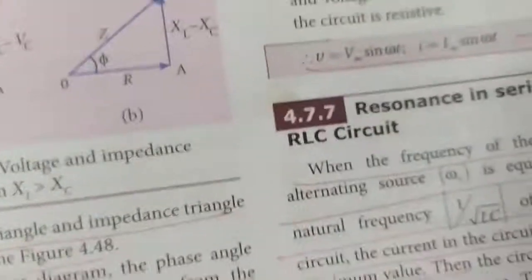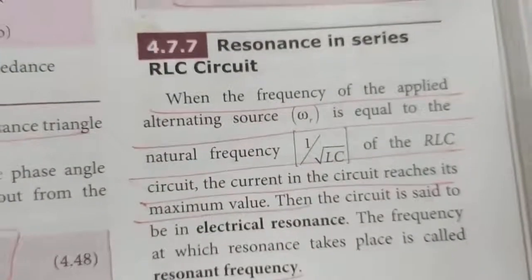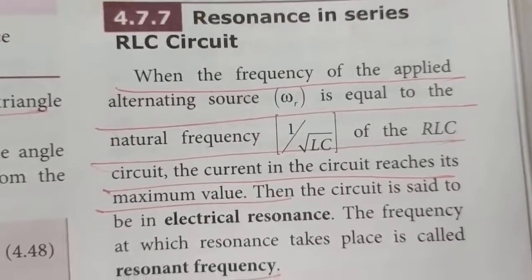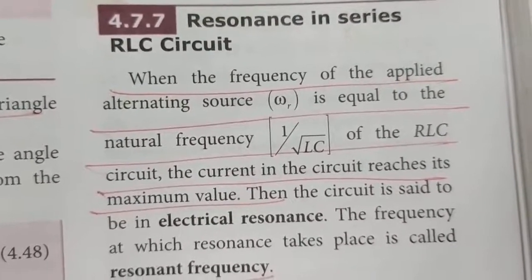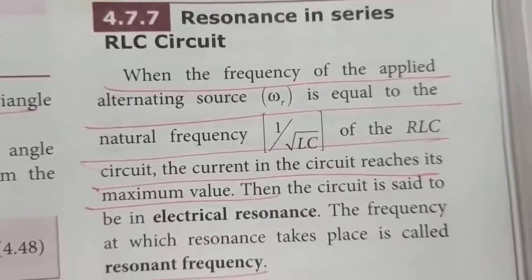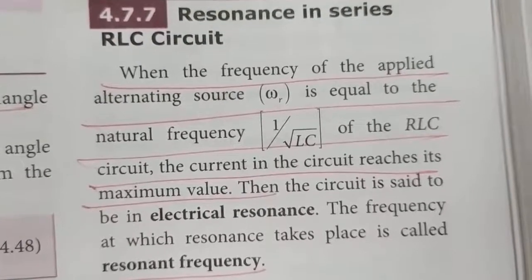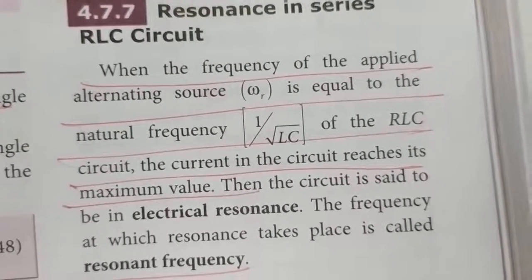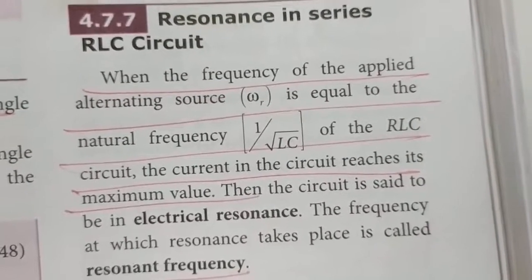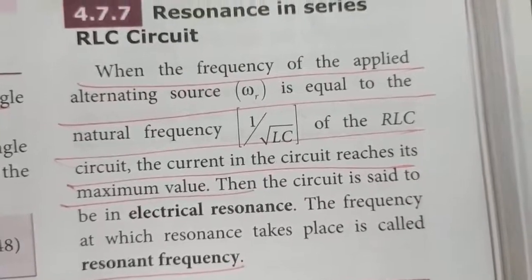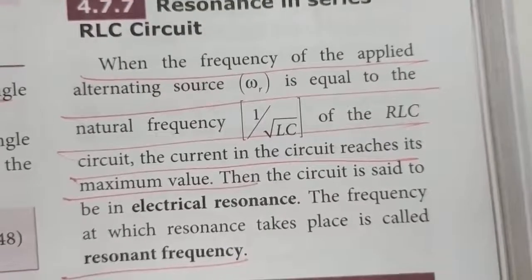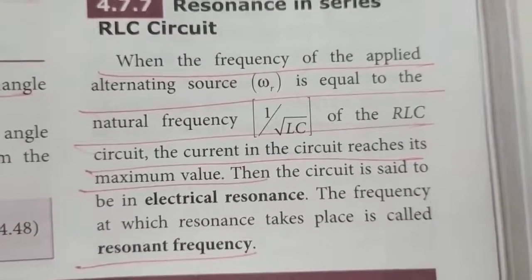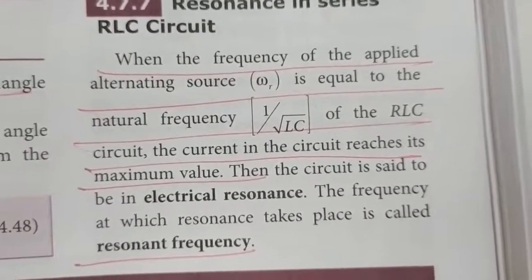And what do you mean by resonance? Resonance means when the frequency of the applied alternating source is equal to the natural frequency, that is 1 by square root of LC of the RLC circuit, the current in the circuit reaches its maximum value, then the circuit is said to be in electrical resonance. That is, we are applying an AC source that should be equal to the natural frequency of the RLC circuit. Then the current will have its maximum value, and this phenomenon is called as electrical resonance,